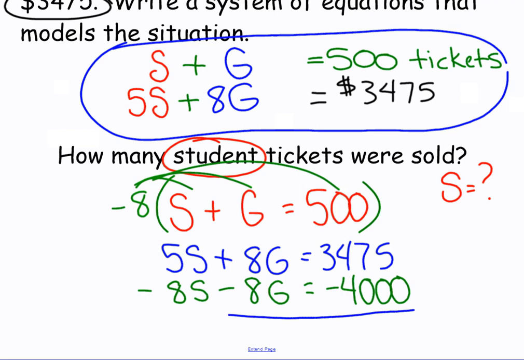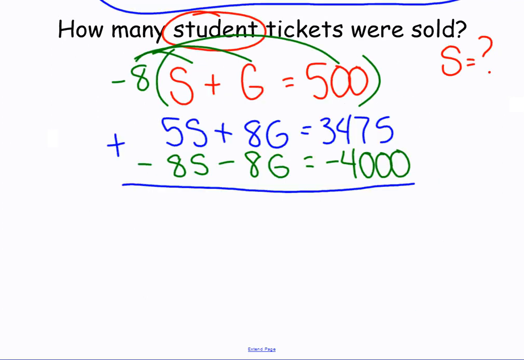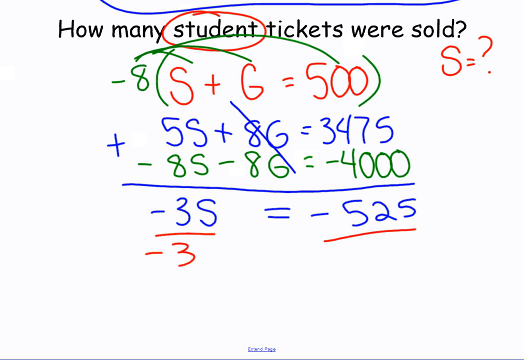Now I can go ahead and combine both equations in order to see what I get. 5S minus 8S is -3S. My G's cancel equals, I have to combine 3,475 with -4,000 to get -525. My last step is to divide both sides by -3, and that's going to give me the value of